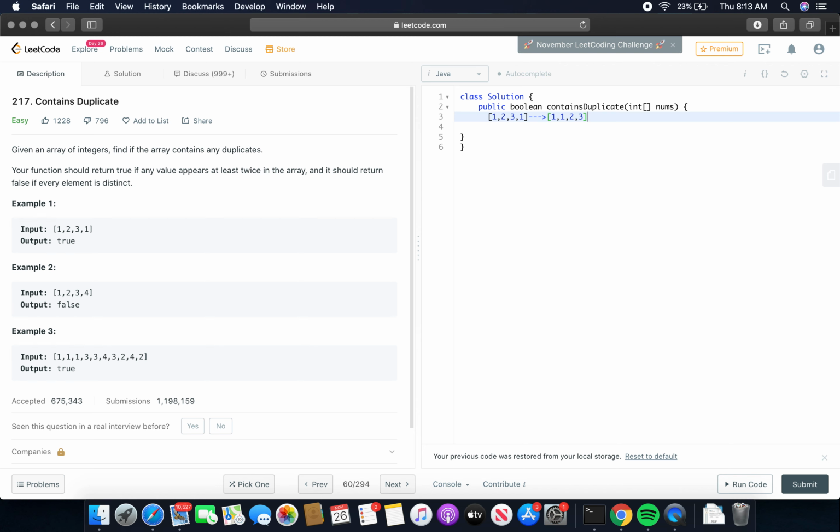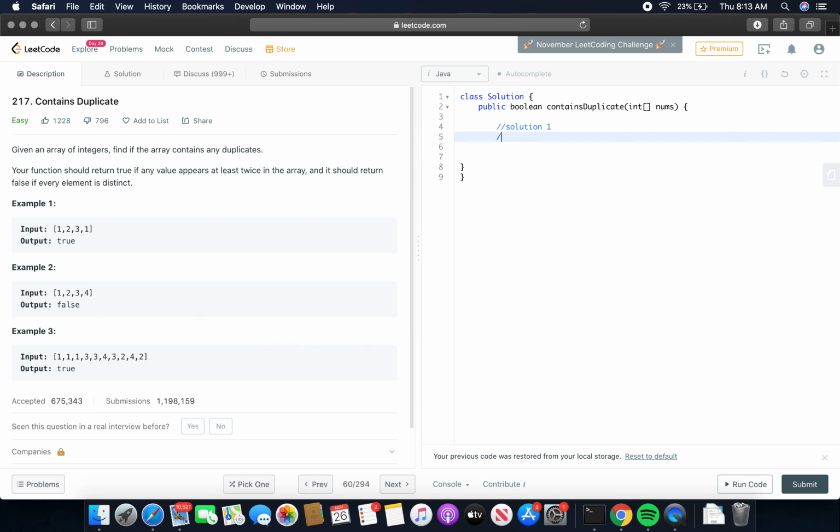Once the array is sorted, the only thing we need to do is iterate over each element and see if the next element is the same. Suppose we are at the 0th location, we check if the element at the next index is the same or not. If it is the same, we just return true from here. So this could be one of the approaches. So let's do it.